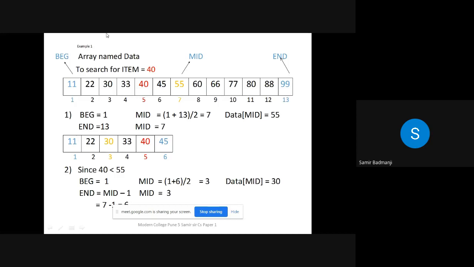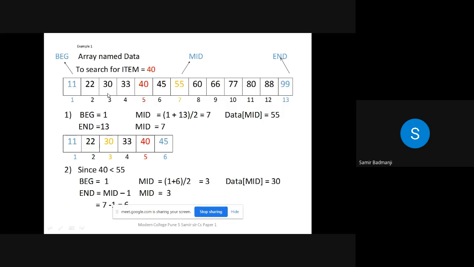So like I told you, the first is the beginning of the array, the beginning element of the array. Last is the end of the array. So beginning location is what? 1. While programming, you have to write 0. Here, just for showing purposes, I have written it as 1. So beginning is what? 1. End is what? 13. The last element in the array. Now every time you have to find the midpoint. Now see, beginning equal to 1, end equal to 13. The number that we want to search is what? 40. So this is an array. You can see that it is in ascending order. If it is not in ascending order, then binary search will not work.